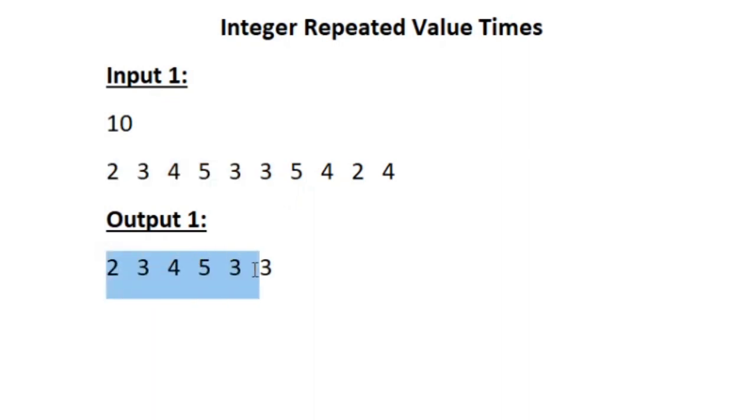So in our output also we are doing the same. So we are printing the first 6 integers as our output, and we ignore the remaining integers present in the array. So this is how we will be solving our input. So now let us see our sample input 2.